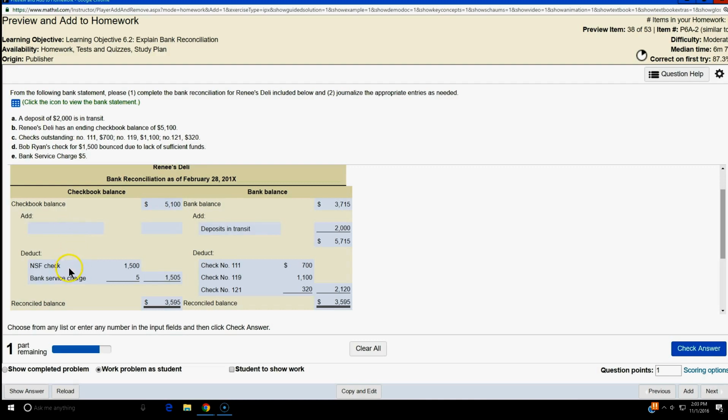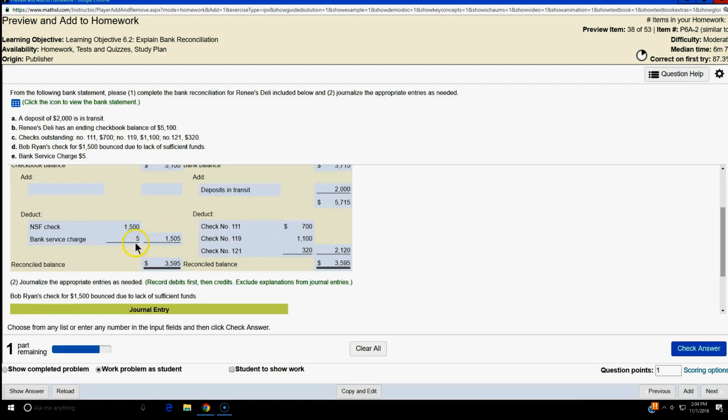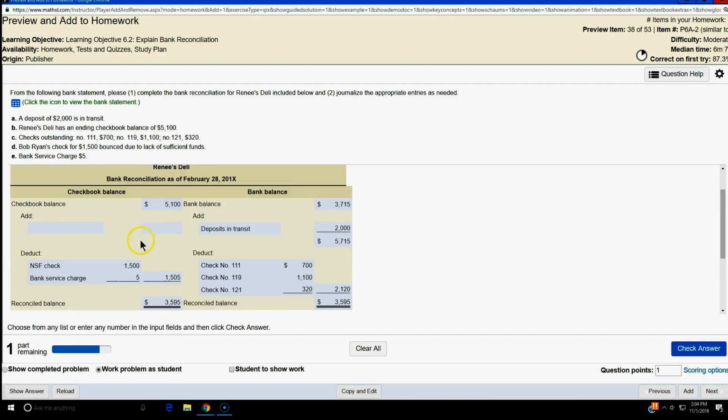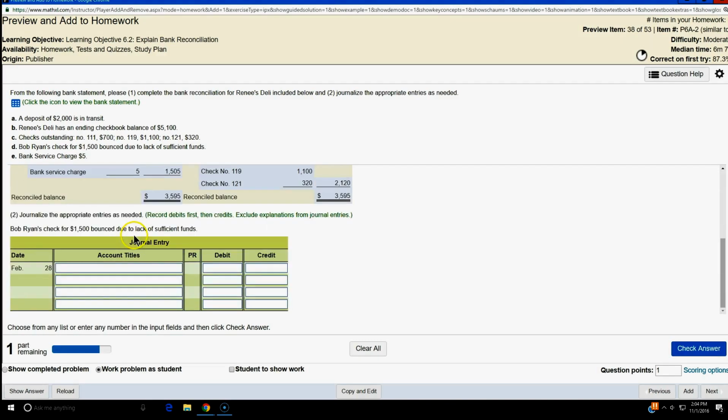But for the NSF check, the people that owe us are our customers, and we have to reestablish the account receivable for $1,500 and take the $1,500 out of the cash account. The $5 that we pay for the service charge also has to come out of the cash account, because those two amounts are still included in the $1,500. So I don't